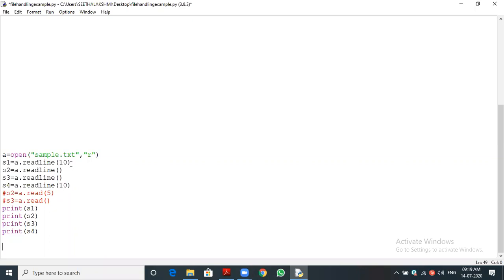From the 11th character onwards, readline reads the entire next line and stores it in S2. S3 gets the further next line. S4 is the fourth line, but in our file there is no fourth line. You can see it will read only 10 characters. Or else I will just execute this one.